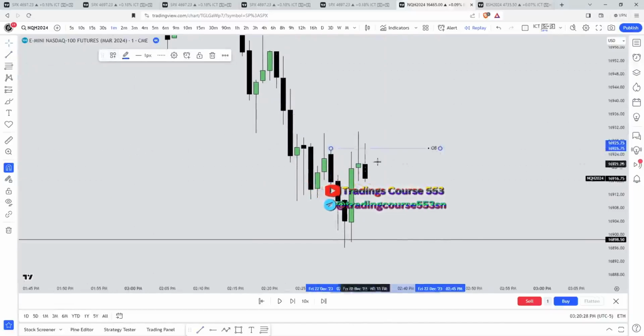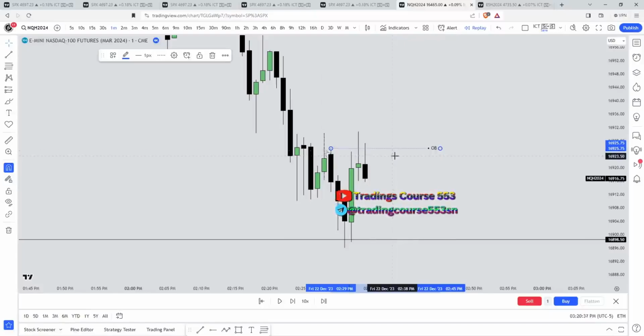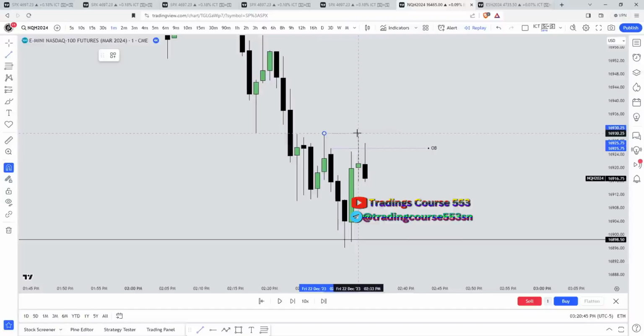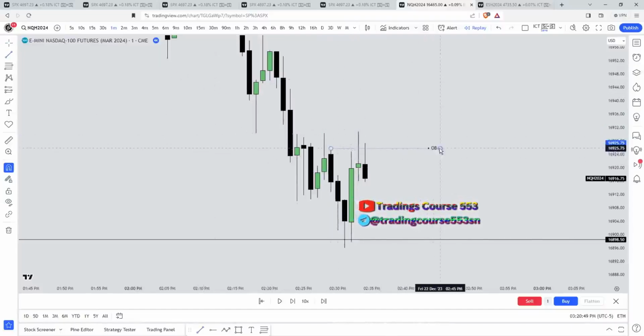And lower time frame changes in the state of delivery can lead to higher time frame changes in the state of delivery. I want to see price close above these 3 consecutive down close candles. See the up close candle right here? That's like the true market structure shift level. I don't care about that. When I see this signature, when price closes over the order block with a fair value gap,